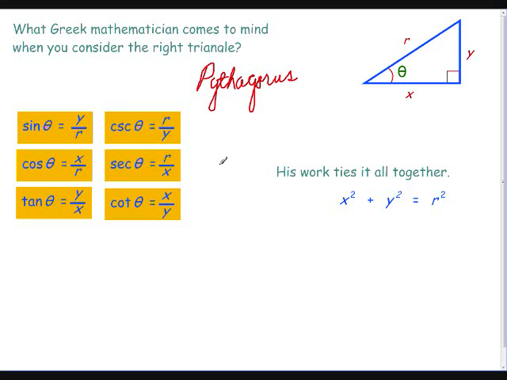Pythagoras, right? Of course. How many times have you used this particular formula, the Pythagorean theorem? If you square the two legs of a right triangle, square this one, add it to the square of this one, it will equal the hypotenuse squared. If we think about this in terms of a triangle in standard position,